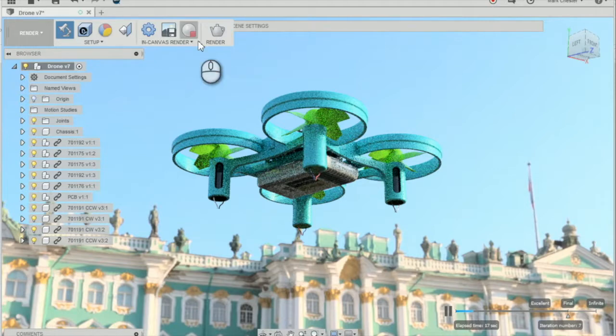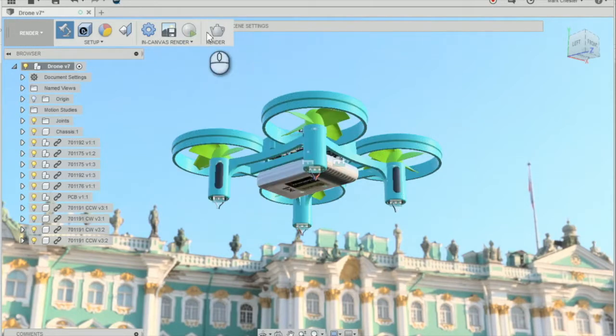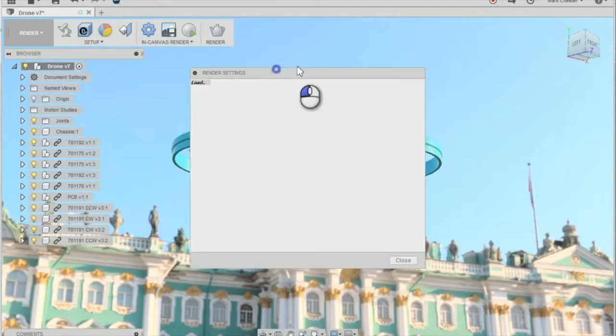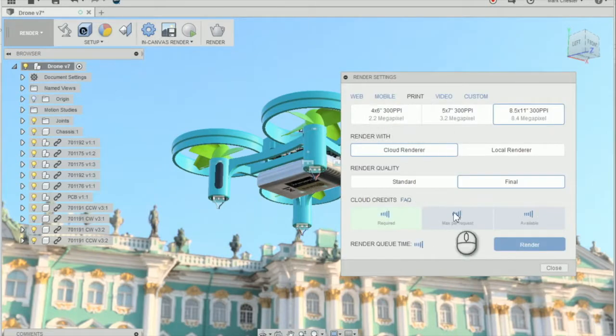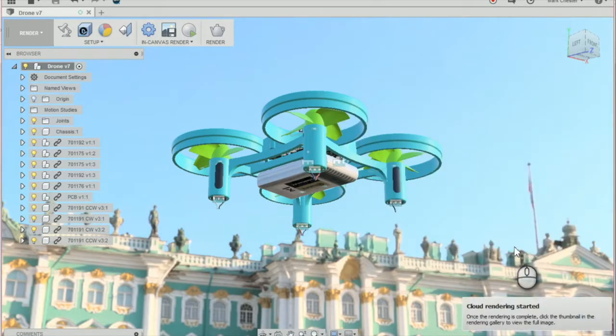And once you're happy with your view, we can then go to the render button here, the little teapot, and we can choose to render in the cloud or local. I'm going to render in the cloud, and I'm going to change the print there to 8.4 megapixels to get a more realistic high quality render. That's going to take up to about 10 minutes. Click render, and that's going to send the render off to the cloud to be rendered,